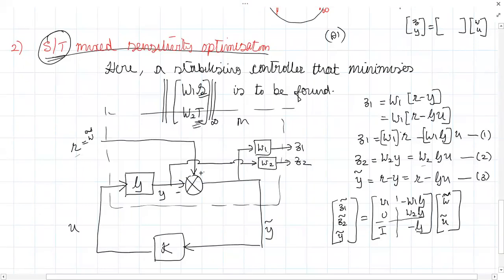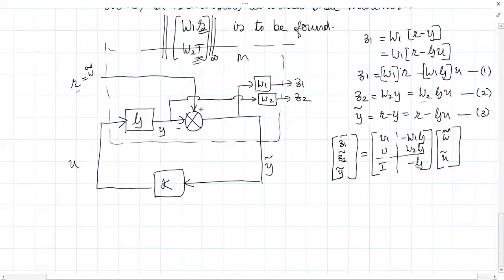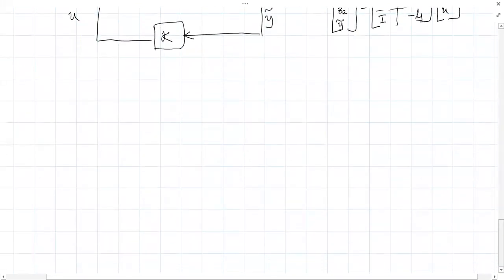So how to choose W1, W2? It is to our liberty. Based on the frequency domain and the application, we can choose. There is no hard and fast rule for how to choose the Wi. You set some transfer function value, see whether it is meeting the requirement, and if not, you change the values. You can only tune it. You cannot choose your weighting functions Wi in one shot.